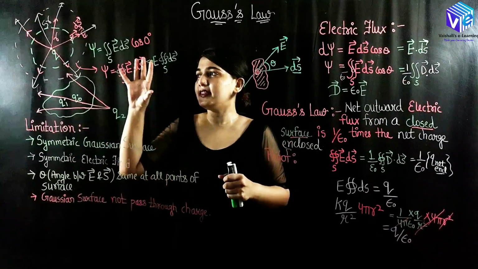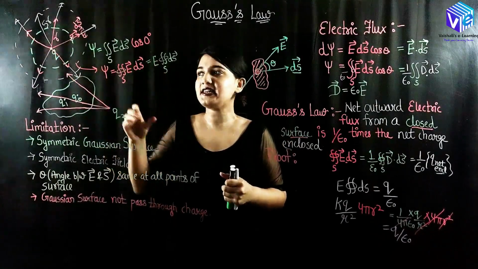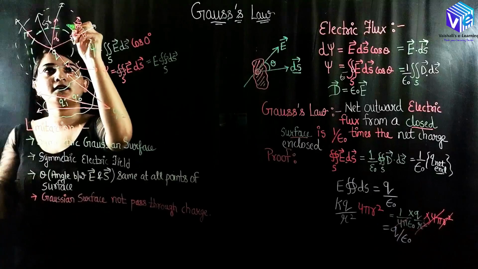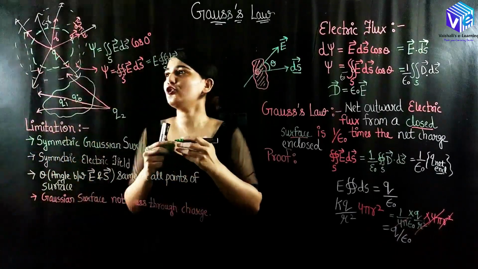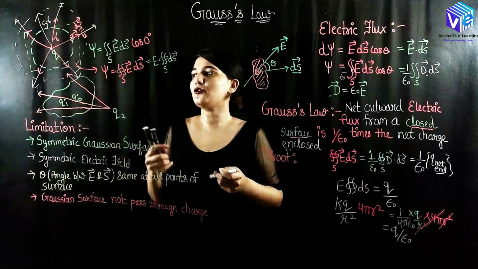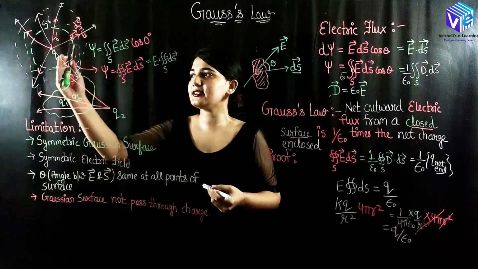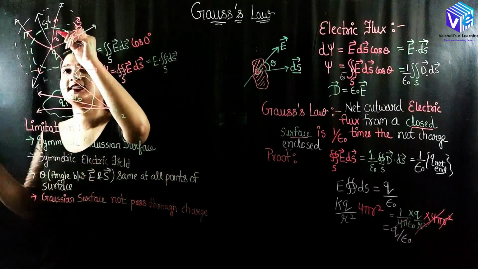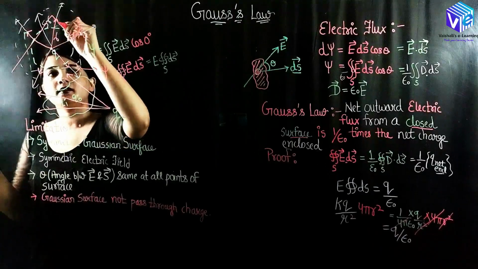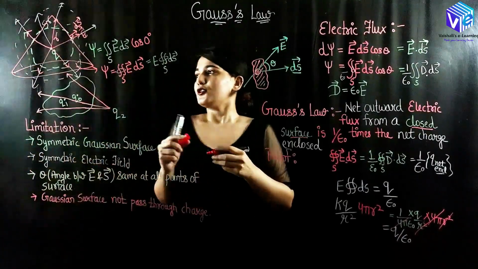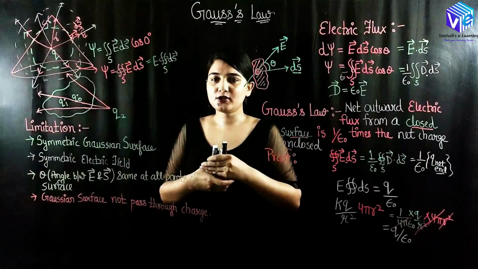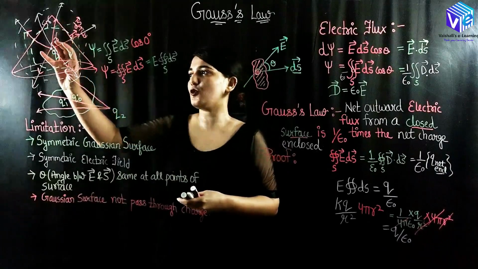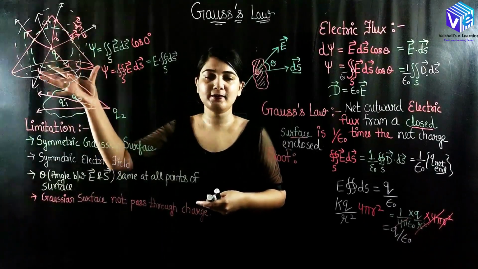Similarly, I can say there could be any structure of any shape. So instead of a sphere, let's take a cubic structure. When I talk about the cubic structure, then also only these lines are crossing the cubic structure. Now let's take one more case. Now let's take a conical type of structure. Again, the only condition is that the structure should be closed. If the structure is closed, then again the electric field lines will be the same.